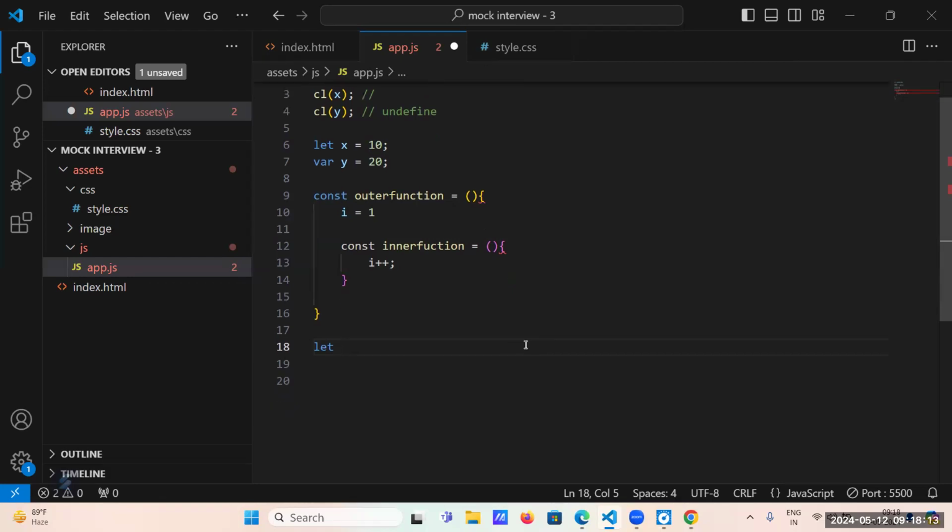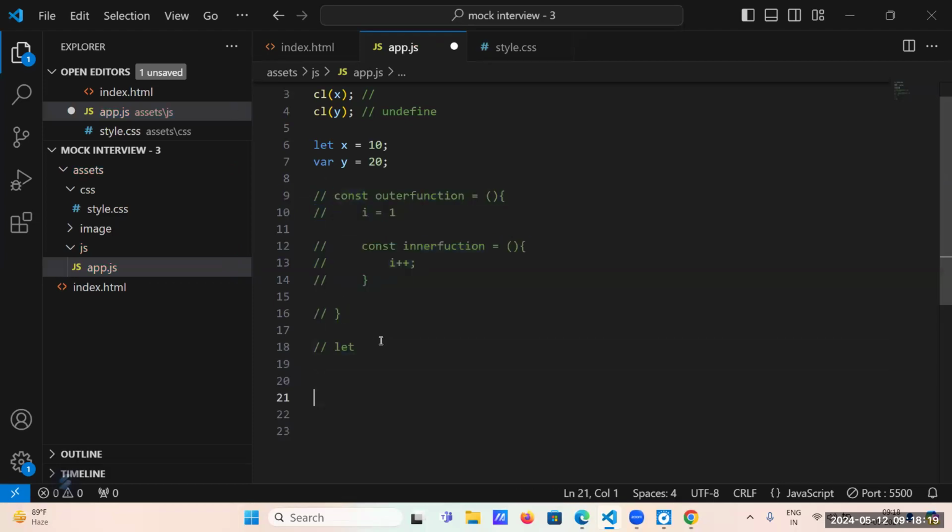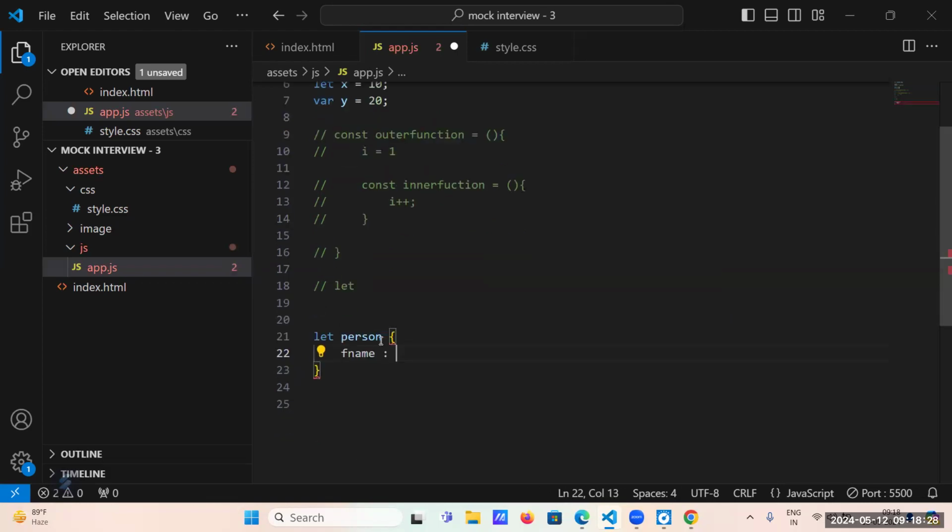Yes, good. So comment these lines and create one object with the name person. Take a first name and age.